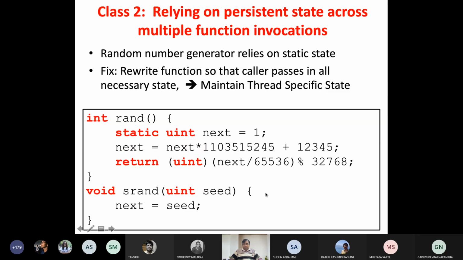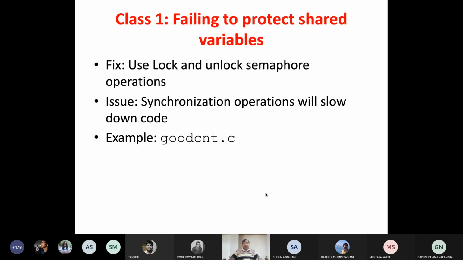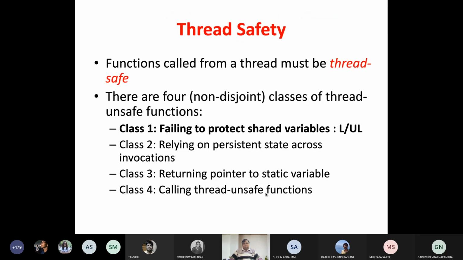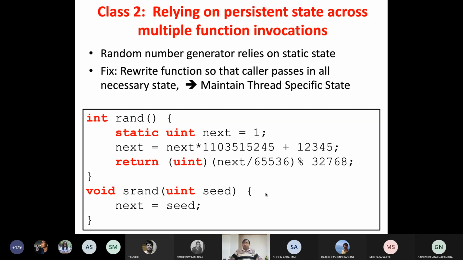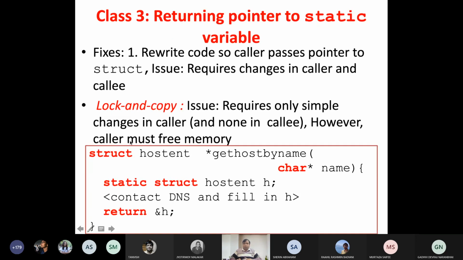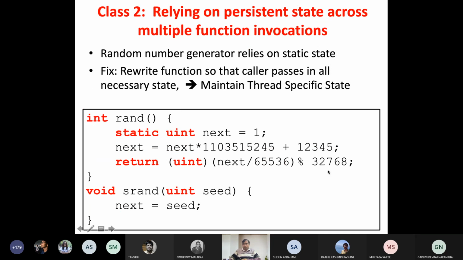Second class of thread unsafe functions: relying on persistent state across multiple function invocations. Suppose many threads are trying to access such a function. This is one example: the random number generator relies on static state. Whenever we declare a static variable,